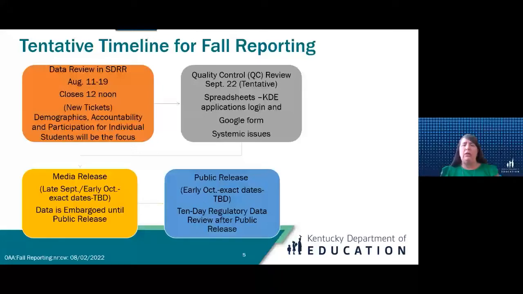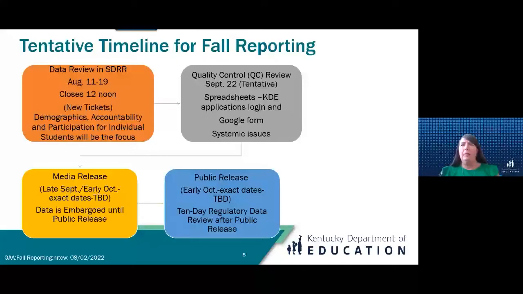Also for QC Day, there will be a Google form sent out with the communication in a Monday Deck email that will have all the details for all of these tentative timelines that I'm talking about right now on the slide. It'll have what the file names will be to download the spreadsheets, where to log in to the web applications login, and a link to the Google form for you to fill out, because there will be steps for you to do as a district assessment coordinator for QC Day to be looking at your data.